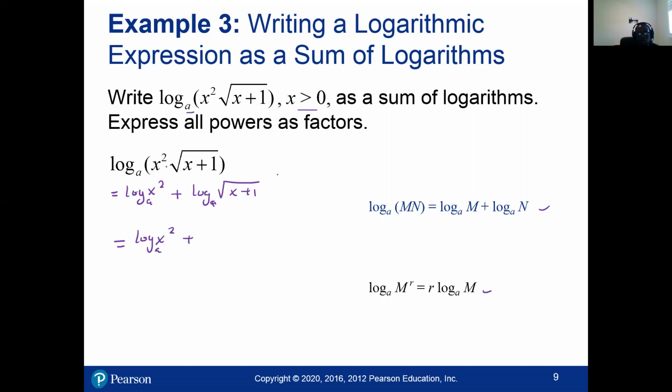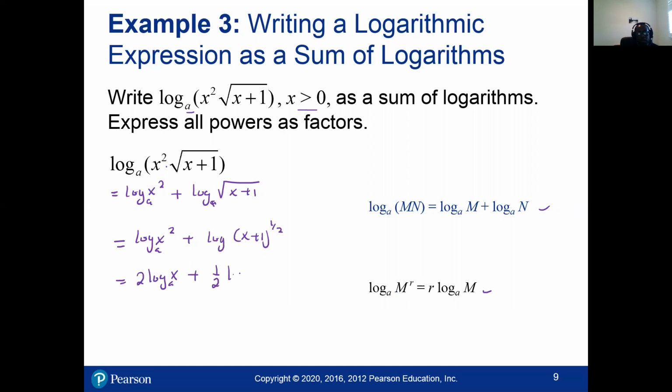That could be written as log of x plus 1 raised to 1/2. Then I use the property that says if I have log m raised to r, it becomes r times the log of that. So this becomes 2 log x base a plus